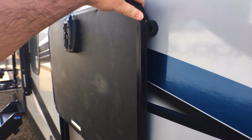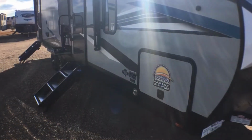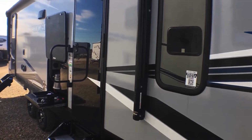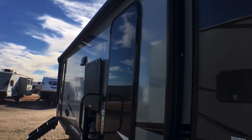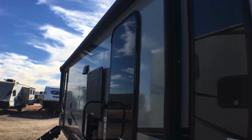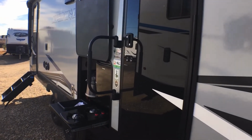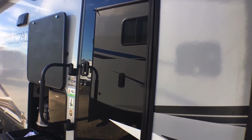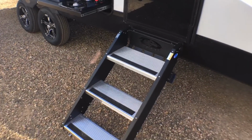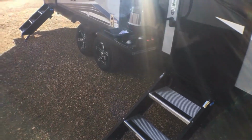Now you do have magnetic holdbacks, slam latches, which is always a crowd pleasing feature. Let's see if I can get in the shade here to show this. You do have a nice 21-foot power awning with LED light strips up in there. You're gonna have outside speakers, the nice black glass entry door, large entry assist handle, and the triple step MORryde step above steps. Not just on this door, but if we look back over here, you have it on the